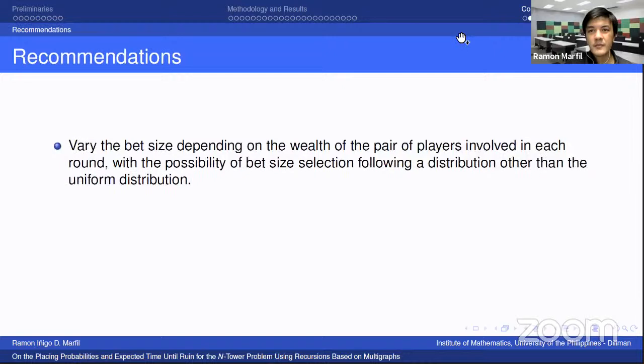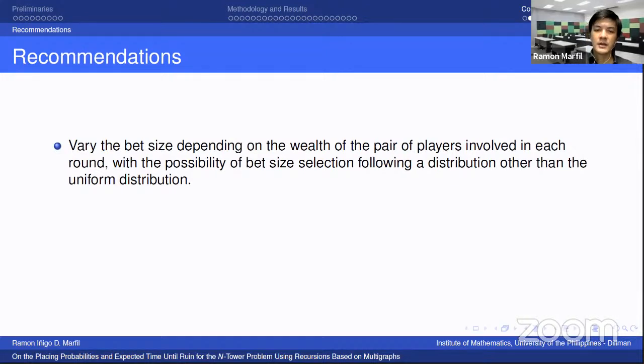And what are possible recommendations or ano pa yung mga possible researches na pwedeng gawin as extensions of this research? Number one, pwedeng i-vary yung bet size depending on the wealth of the players or the pair of players involved in each round, with the possibility of bet size selection following a distribution other than the uniform distribution. So dito kasi sa model natin, sa N-tower problem,